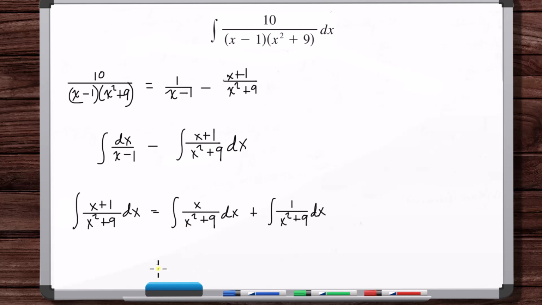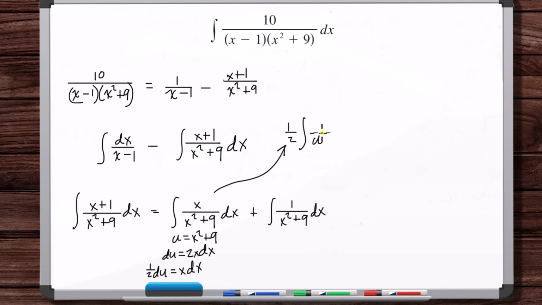Okay, and this first integral with the x in the top, we can use a u substitution. Okay, so we've got 1/2